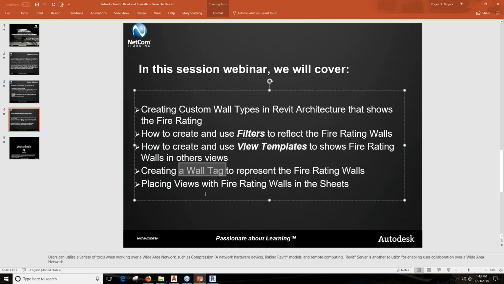So basically what we can do is actually work with filters and view templates, versus actually graphically create a hatch for every single wall. And every time that you work, in every single view, you don't need to worry graphically to represent with a hatch or a color fill coding the information of the fire rating walls in Revit. That is actually the best way to do it, practical way, professional way, and more importantly,